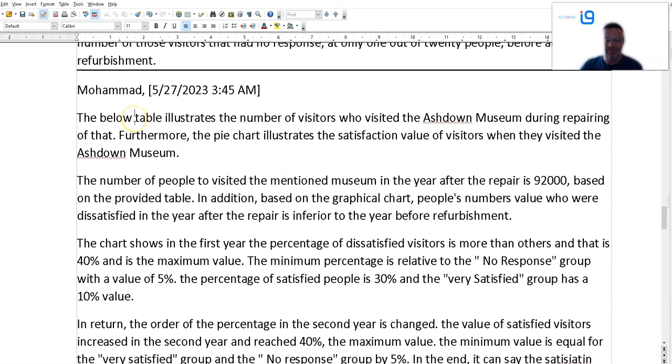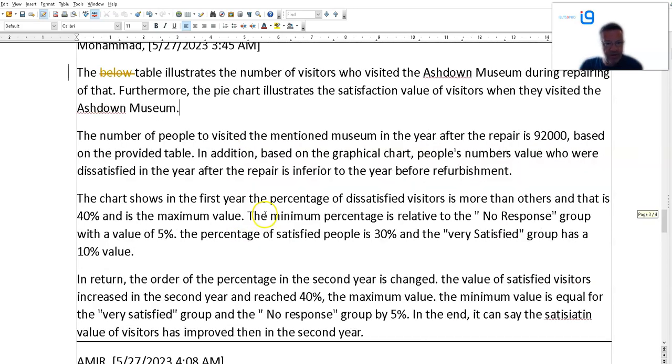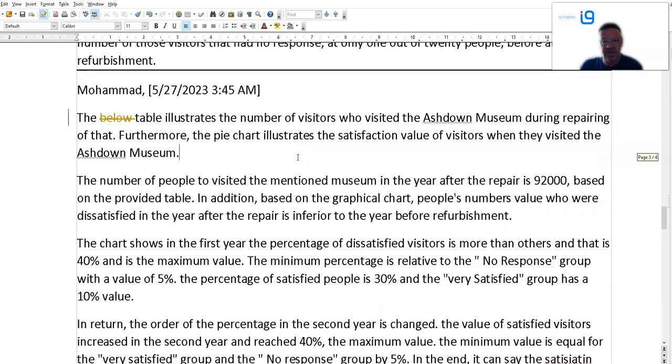The below table, well, it's not below, is it? The table illustrates the business dashboard. During repairing of that, it wasn't broken. It was refurbished. A new coat of paint, new pair of curtains. Not repair. So apart from that, okay, where's the overview? Overview. No overview. Can't see one. No overview. So you will be automatically getting a low task achievement score with no overview. The criteria, which I won't show you now because I show it in nearly every single video, clearly states that to get at least 5, you must have a clear overview that clearly defines, highlights or outlines the key trends or features. And I can't really see one